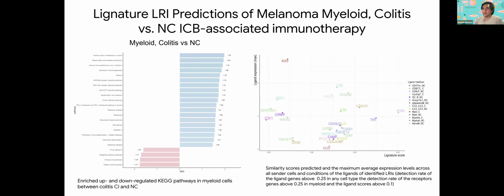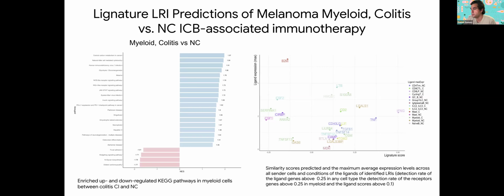There's also focal adhesion, hedgehog signaling pathway, glycan biosynthesis and dilated cardiomyopathy. So these are all the enriched up and down regulated KEGG pathways, myeloid cells between colitis with CI cancer immunotherapy